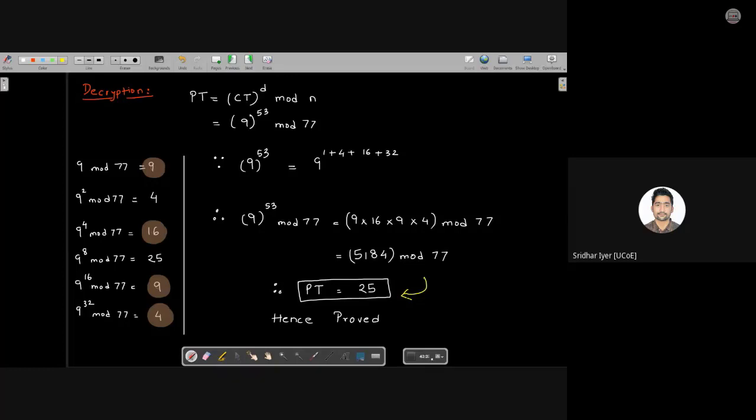We have got all the values so far. So we need to carry out the steps again. On the left hand side, you can see I have written the powers directly. So 9 mod 77 is 9. 9 square mod 77 is nothing but 81 mod 77. I hope you know how to find it. Now it comes out to be 4. Then 9 raised to 4 mod 77 is nothing but 4 square mod 77, that is 16 mod 77, and it comes out to be 16 only. Similarly, 9 raised to 8 mod 77 came out to be 25, and again the vicious cycle keeps on rotating over here. Fine. So once you solve this, you should get the answer as 25. Am I clear?